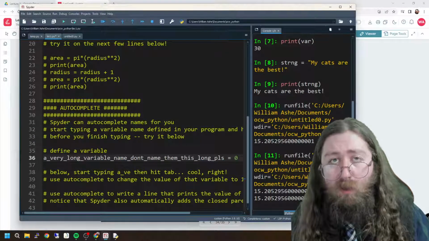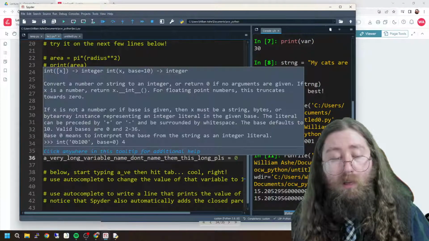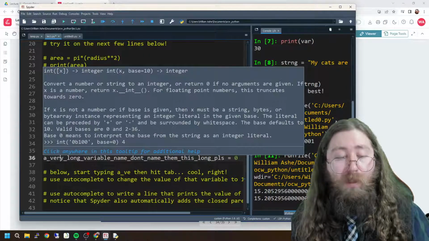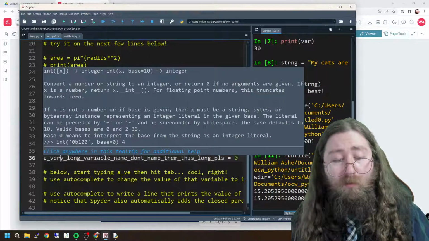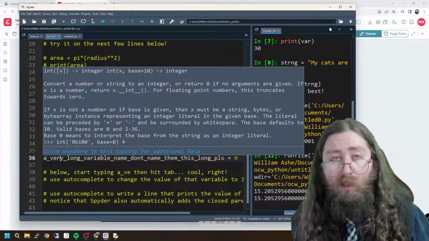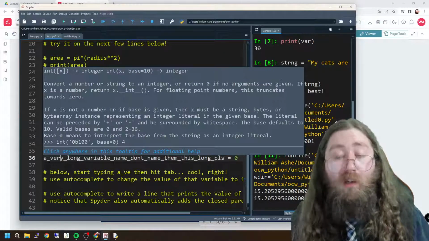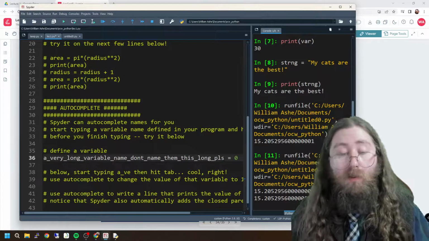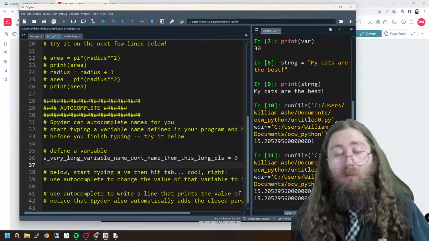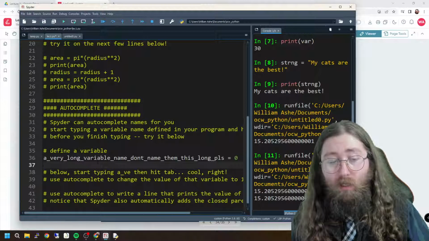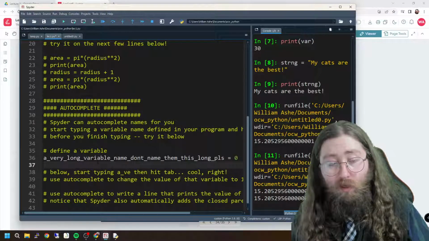There's some conventions with naming variables that you need to know. Like you can't begin a variable with a number, right? You can't have spaces in your variable names, and there's no special characters allowed but underscore. And that's basically the definition of how to make variables. So with this very long variable name, I can actually use tab completion in Spyder. Not every IDE is going to have tab completion, but this one does.